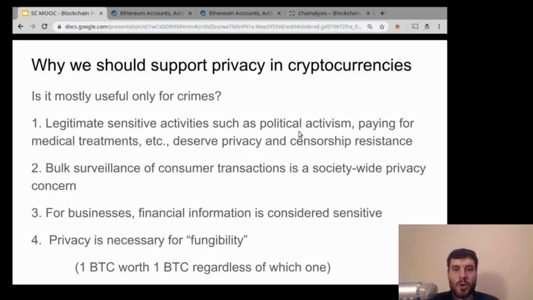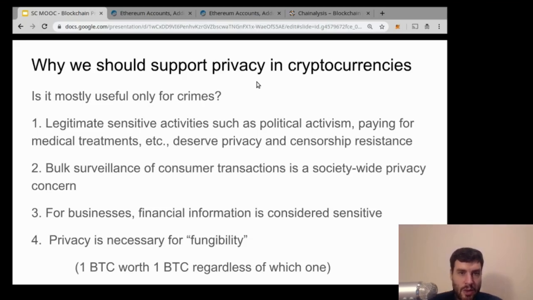Right? The fact that each coin may have a history from the accounts that it's passed through means that not all coins are necessarily worth the same as any others. Sometimes this topic goes by red listing or taint tracking, and it refers to the idea that people may trace the ancestry of coins and treat them differently based on what information can be gleaned from transaction graph analysis and other information like that. All right, so these are some arguments why we would actually prefer to have privacy in